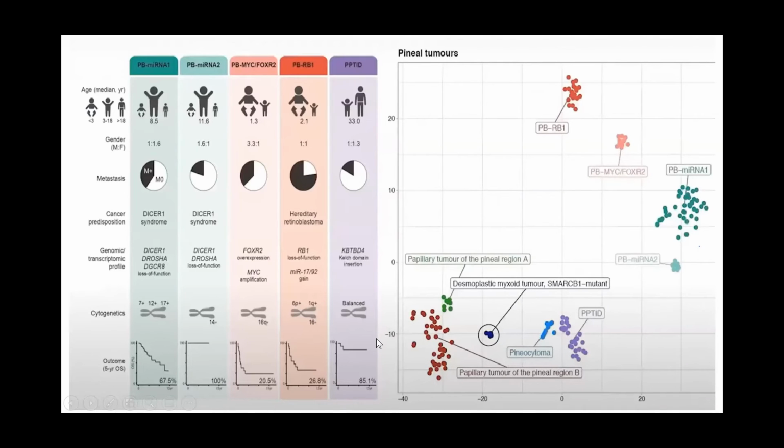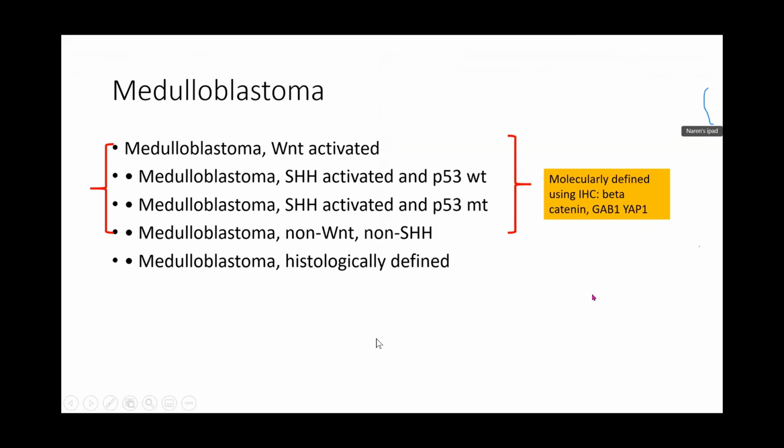Amongst the neuronal tumors, a lot of changes have occurred, and I will cover that again. Then we have the embryonal tumors. The most common high-grade malignant tumor of childhood is medulloblastoma, which by definition occurs in the posterior fossa. So even in the last WHO classification, medulloblastomas were classified molecularly into four broad groups: the WNT activated, the SHH